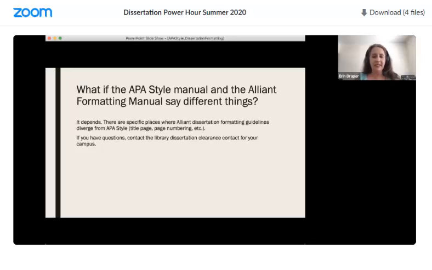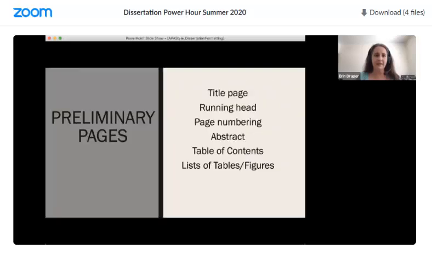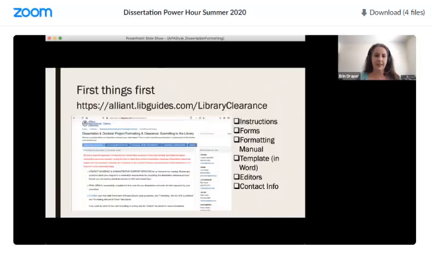Another option is to grab that template that is on the library's dissertation clearance page. I am going to go back to my PowerPoint and scroll very fast because there are a lot of things happening on my computer screen. Go to this page. In the formatting manuals tab, that second tab over, down towards the bottom of it is a template. Oh, YouTube. Yes, YouTube also has great